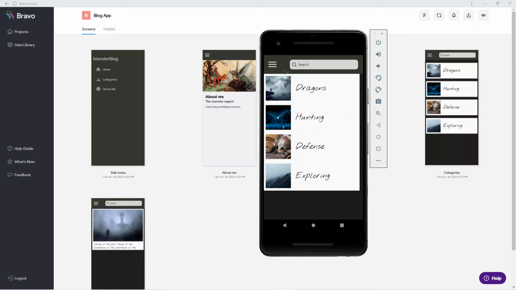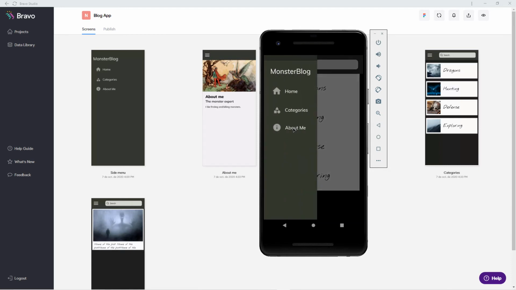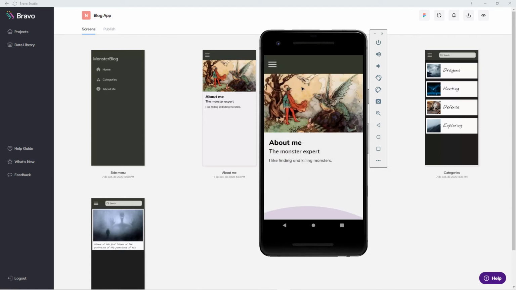That's a clear sign of missing a container. A lot of the time there will be a notification here, but this time Bravo missed it. They sometimes put a container on there automatically, but in this case we need to do that ourselves. But before we do that, let's have a look at the About Me section, and you can see this works